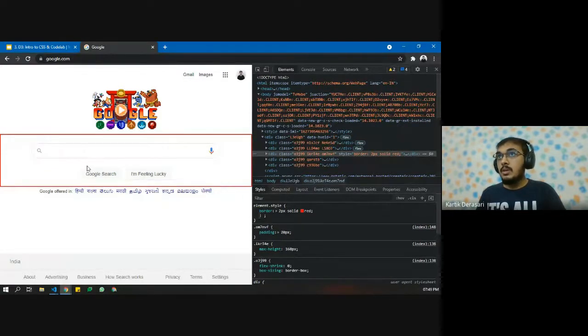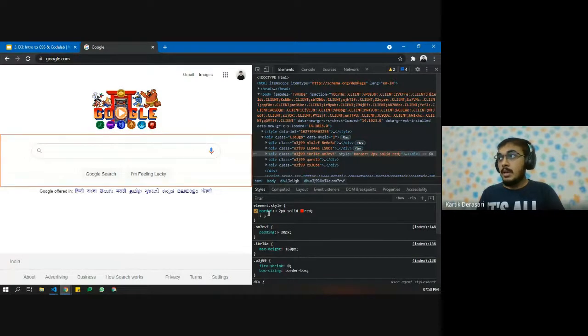So now you can see that here is the content. Whatever the space in between the border and content is, that is basically padding. For example, we might have 10 pixels from top, and we might have 40 pixels from left and right.